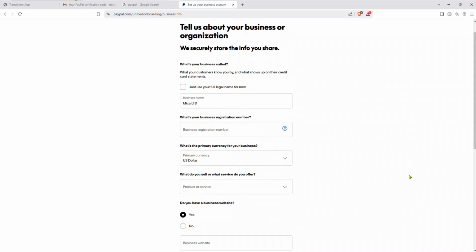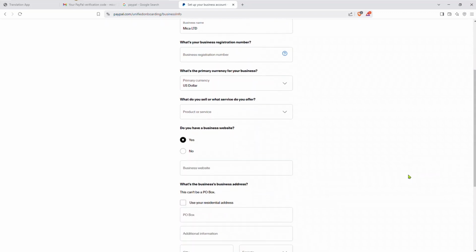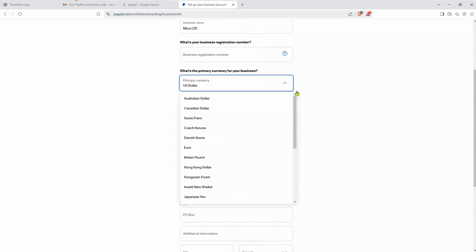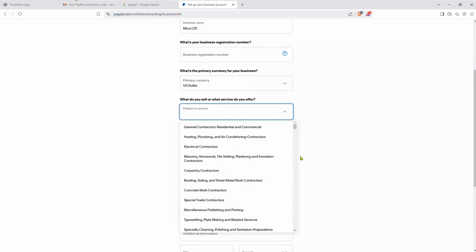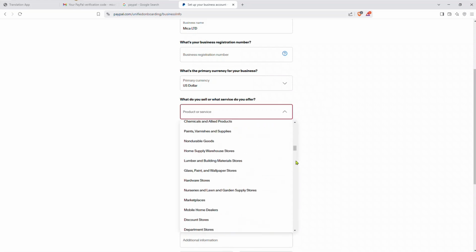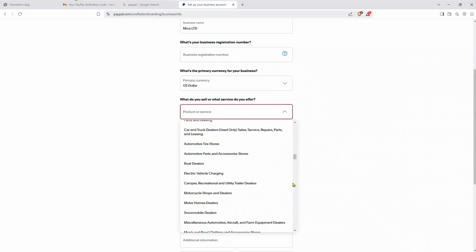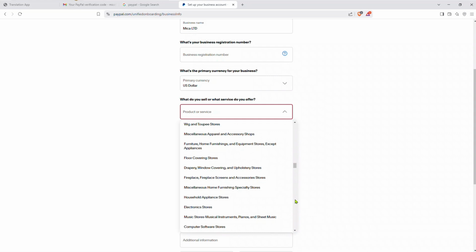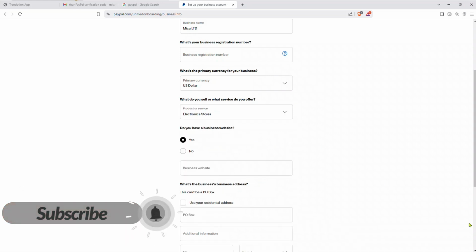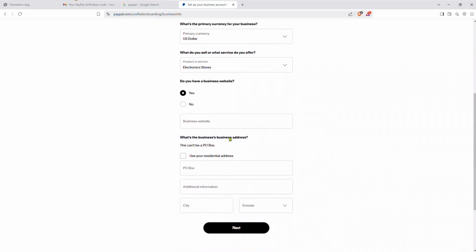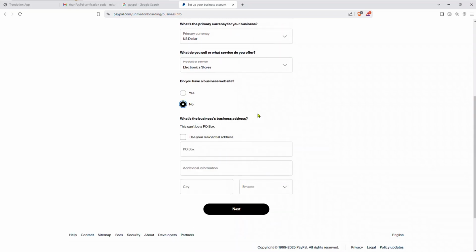This is the optional registration number. For the currency of the account, you can choose British pound, Canadian dollar, or Australian dollar. You can choose any currency you want. And the offer, the service you are providing, let's choose any of these ones here. Let's just choose electronic. Do you have a website? You just choose no here. Else you'll be